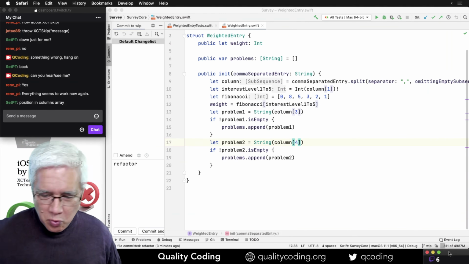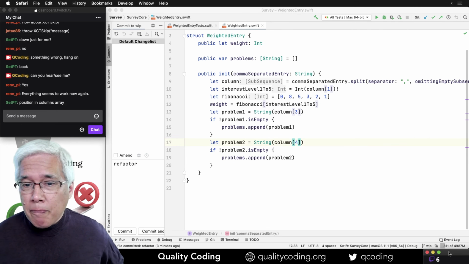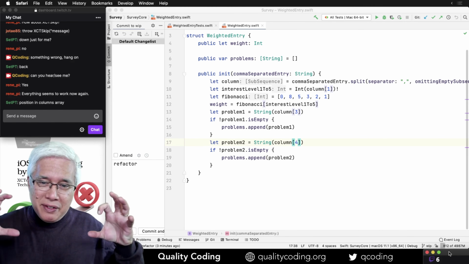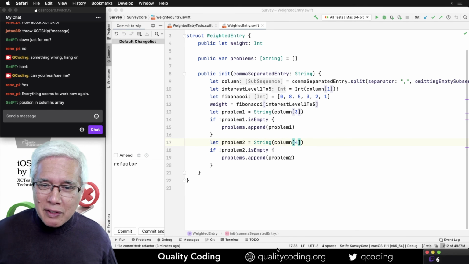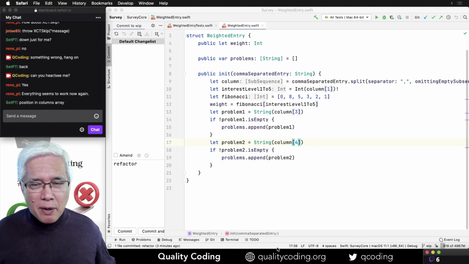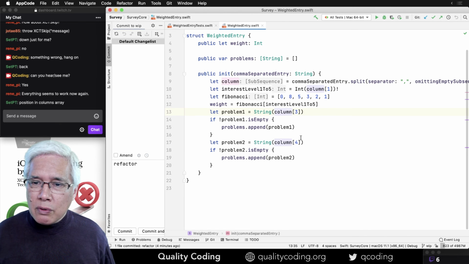Thank you for waiting. We're back, and I feel like we're really close to the solution to this. Now I need your help with how we clean this up. How do we make it not repeat in dumb code like this? How do we make it handle not one problem, not two problems, but any number of problems? Well, four problems. And I'm really not sure. It's like we have to take columns 3 through something.